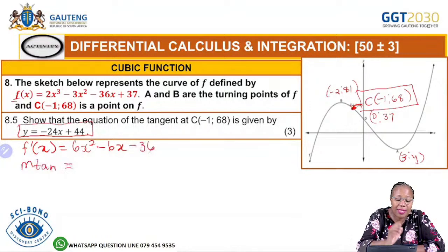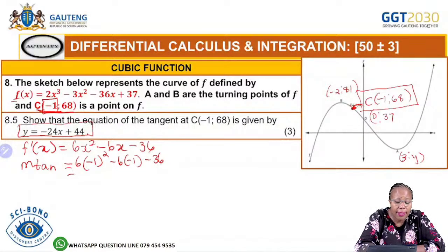Right. But this is a tangent at C. Can you see the x value at C is -1? Then we are only going to take the x value there in order to find the actual value of this gradient. So we are taking (-1)² − 6(−1) − 36, and then this will give us a 6